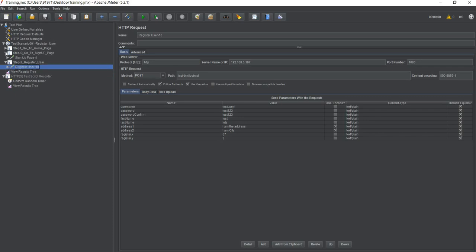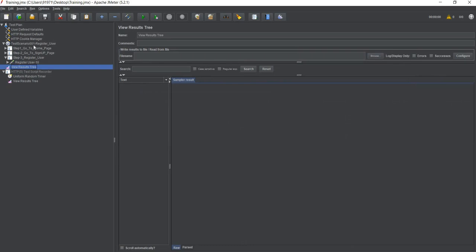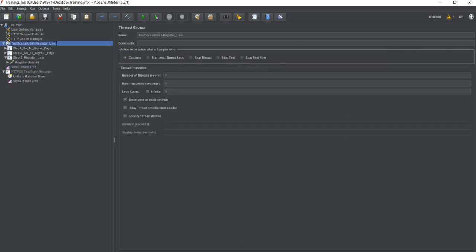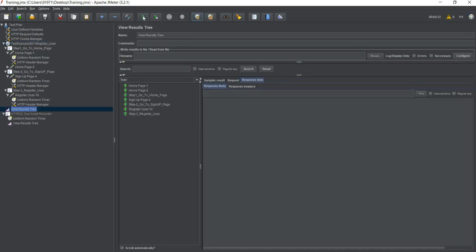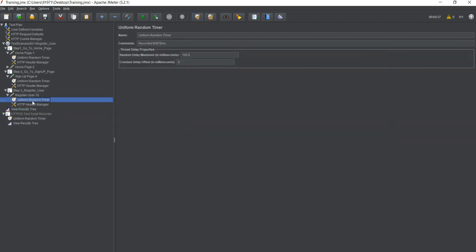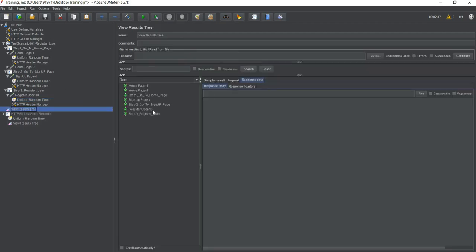So let's go ahead. We have already created it, you can see. Let's go ahead and run it. So I'm just clicking over here. Everything is 1. We will discuss about these things also later. To run it, you need to click on start the test, and you see that the result is there right in front of you without any delay. So what exactly was happening? There is a uniform random timer. This was making the test wait. We will discuss about it later.